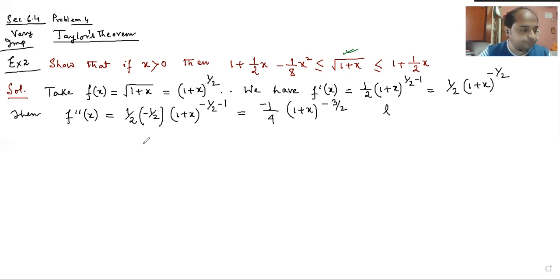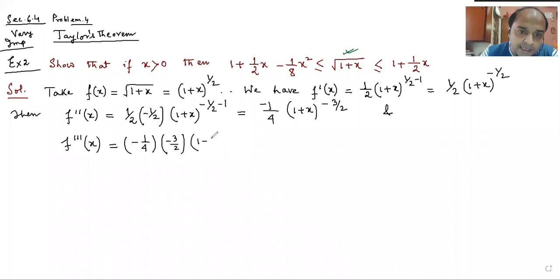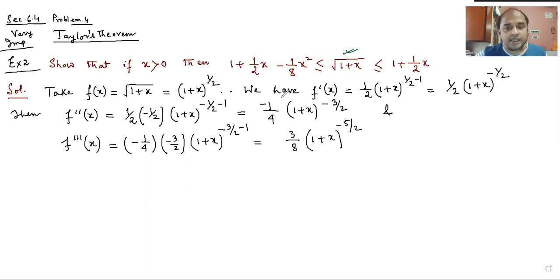And f triple dash x will be minus 1 by 4 times minus 3 by 2, (1 plus x) to the power minus 3 by 2 minus 1, which is 3 by 8 (1 plus x) to the power minus 5 by 2. Now you see that